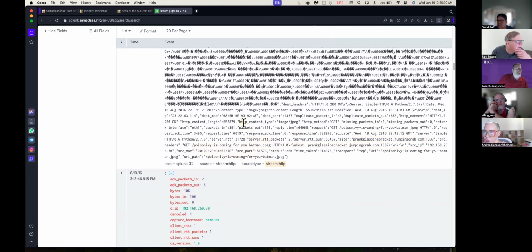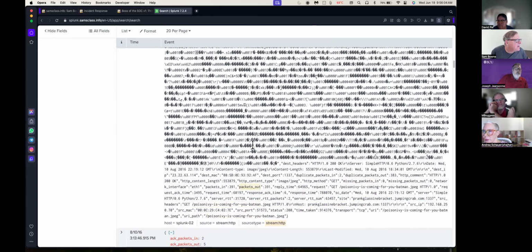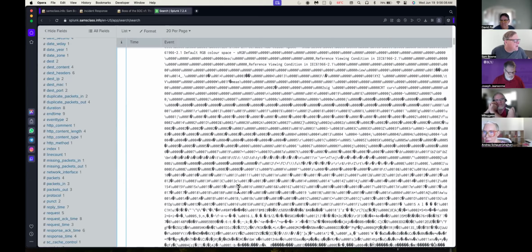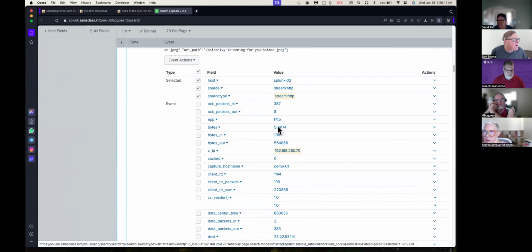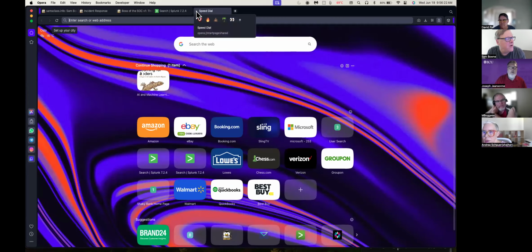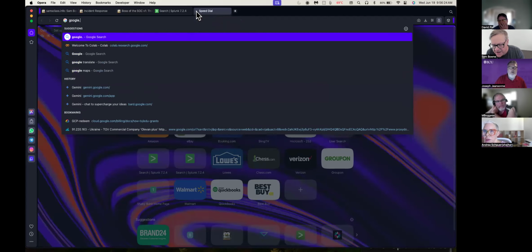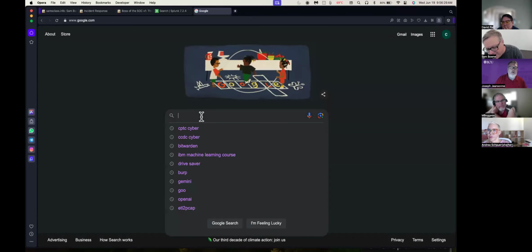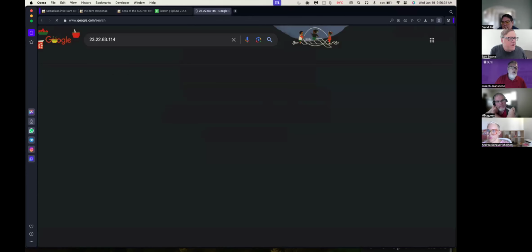The IP address of the attacker is someplace here. Let me see if I hit this, it should lay things out, and there we are. Now I should be able to find the IP address. This is the web server address, and there's the attacker address, starting with 22 or 23. So what you do is just go to Google. This is an easy way to find open source intelligence. When you find that somebody is attacking you, just Google the IP address, and you'll see if it appears on